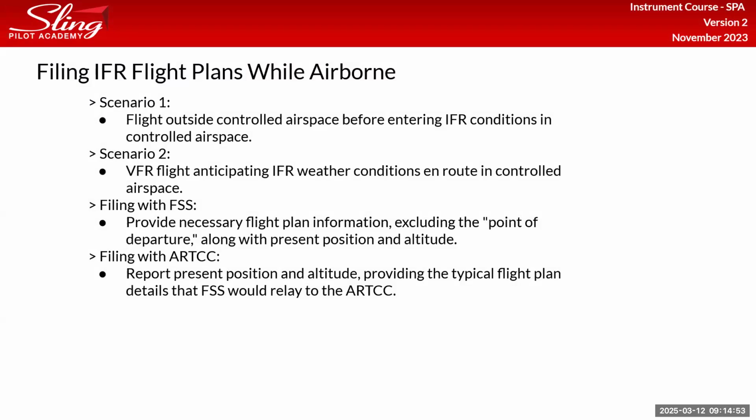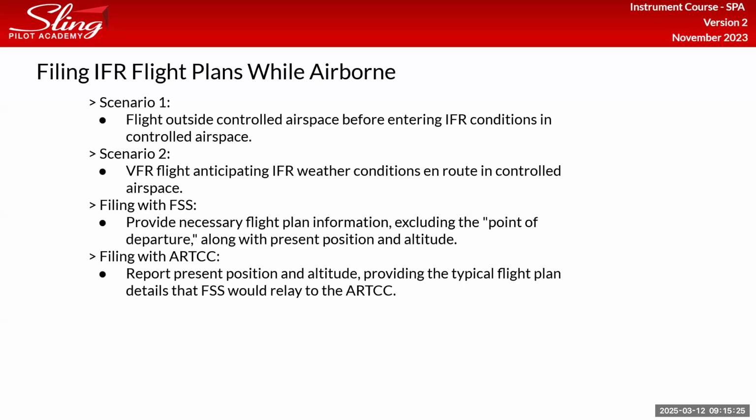There are a couple different ways that you can file IFR. If you are in flight outside of controlled airspace, before entering IFR conditions in controlled airspace, you can get a pop-up IFR clearance. For example, you can call an FSS facility, an ARTCC facility, or another facility like clearance delivery, like SoCal Approach. You can contact them and get clearance before entering IFR conditions